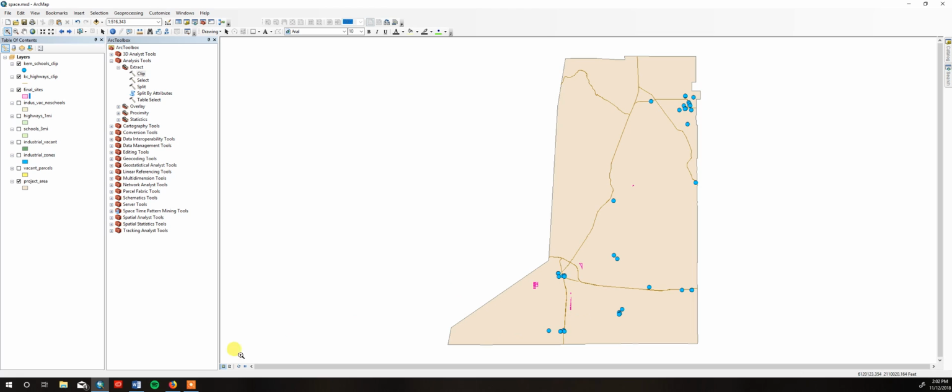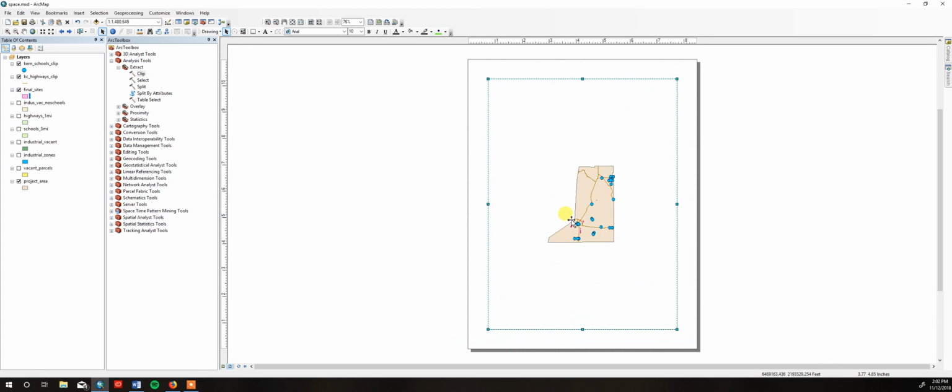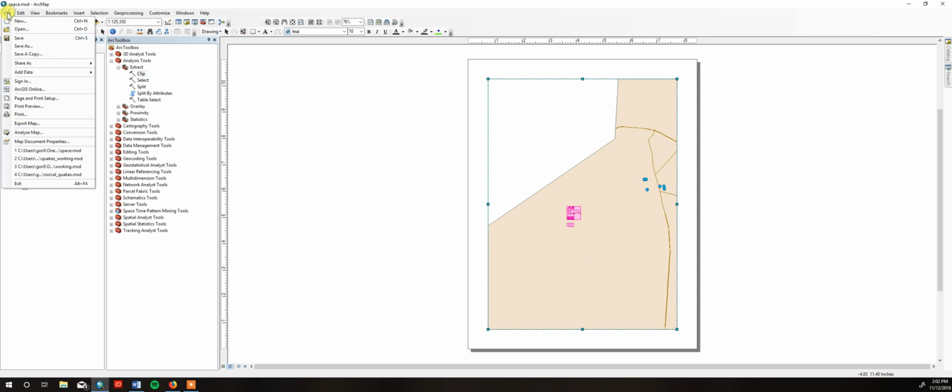But give me a final map here in the layout view. Make something that clearly shows me that this spot right here is our suitable location, right? And then do the whole file and export map, export it as a PDF, and